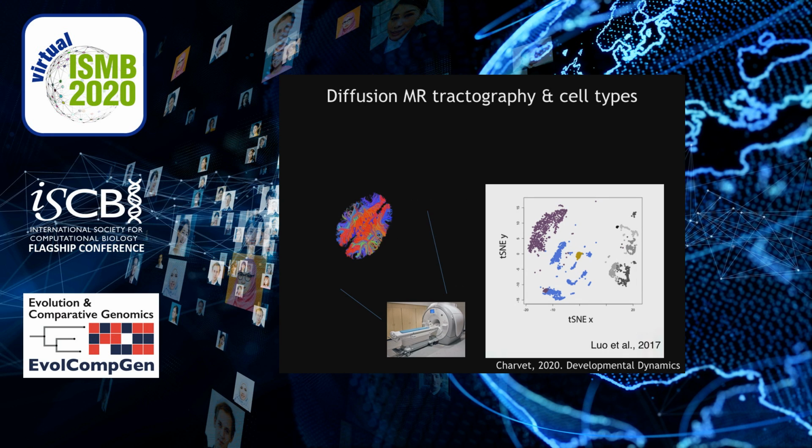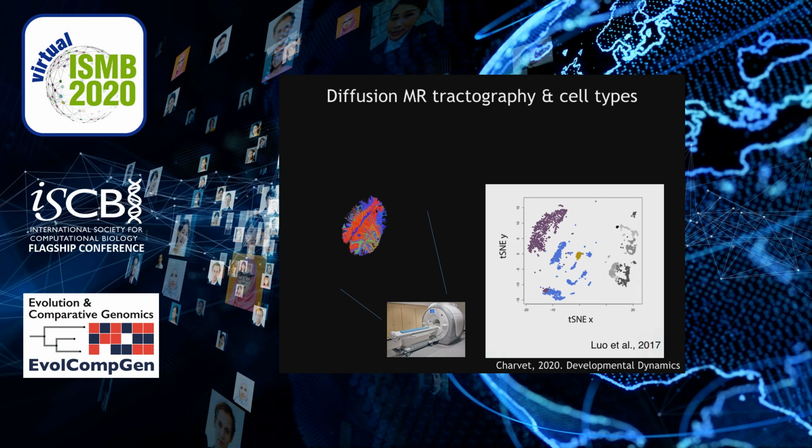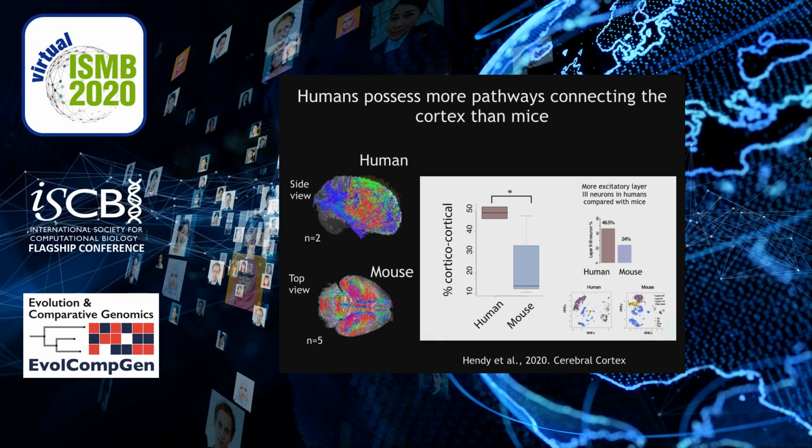So here's a human brain, diffusion MR scan that we see. So it's through the human brain. You can see that it shows these fibers coursing through the white matter of the brain. And we're going to integrate that with single-cell methylome sequencing studies. So as a first pass, we decided to compare humans to mice, and we chose mice because mice are a commonly studied model organism, and we know a lot about it so that we could get a lot of samples at different scales of study to understand what is it about the circuitry of a human that's different compared with